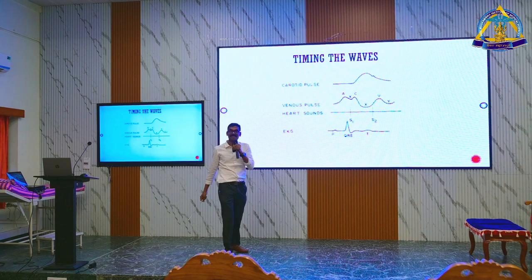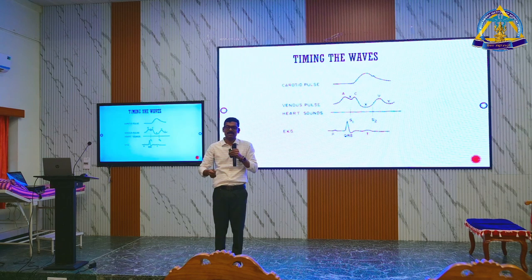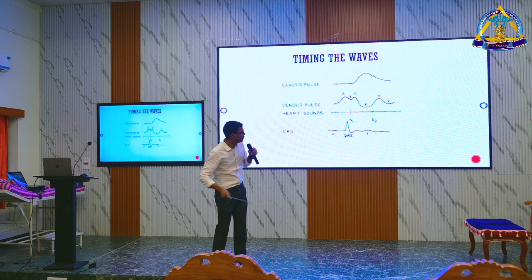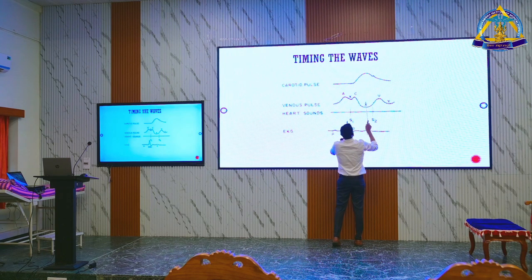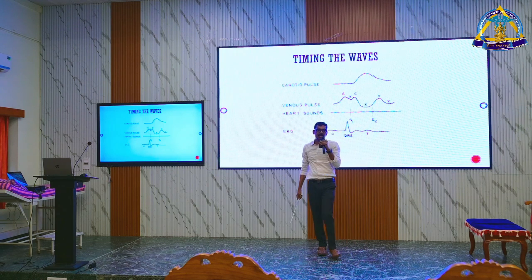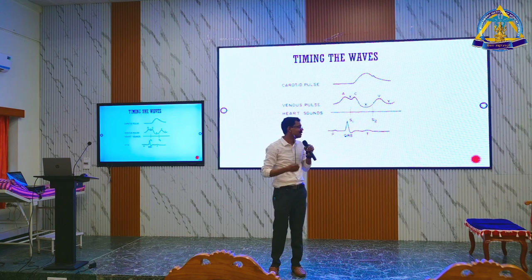How to time? Another tricky thing, nobody knows, students and me. You palpate the carotid pulse. You see the pulse almost times with the X descent. But if you compare the A wave and V wave, it is more in line with the V wave. So if you can palpate the carotid pulse,